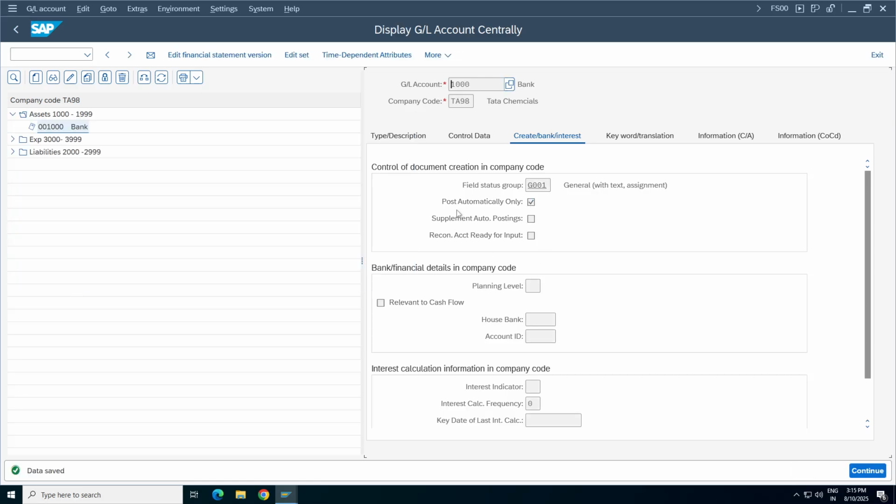So if you don't know the definition of post automatic, what will you do? You want some information to know. If you don't know anything about post automatically, from where do you get this information? What is the definition of post automatically? You'll search it in Google. Yes, you can do that also, but you can search it here itself. So function F1.